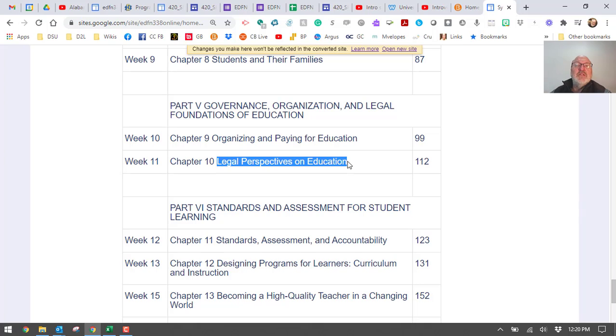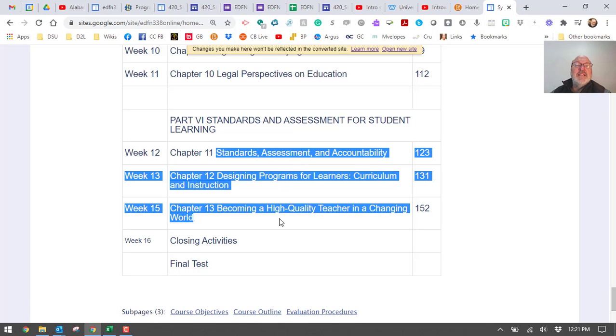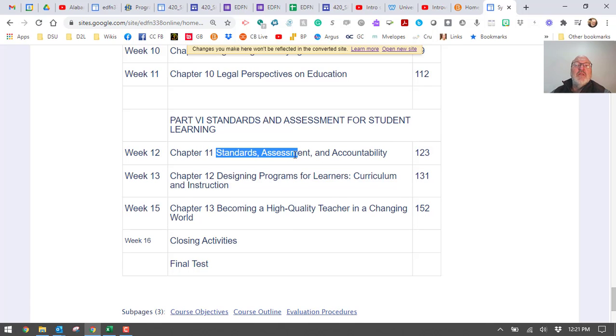When I was in grad school, I took entire courses on each of those topics. So that's why I say it's survey. It's a flyover. It's a look at it from 10,000 feet up. And then the last part is standards and assessments, a little bit more about teaching. The nice thing about these things here is you're going to see some more of this in your methods classes. I just want to give you vocabulary and an intro to it.